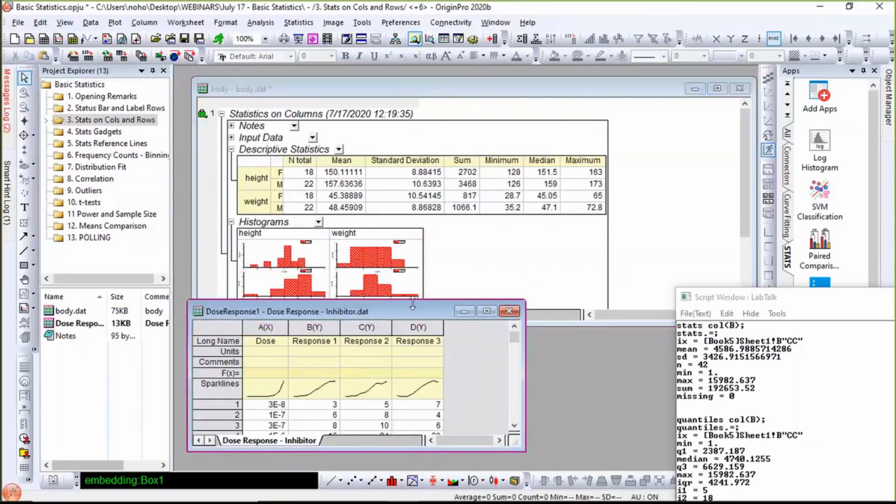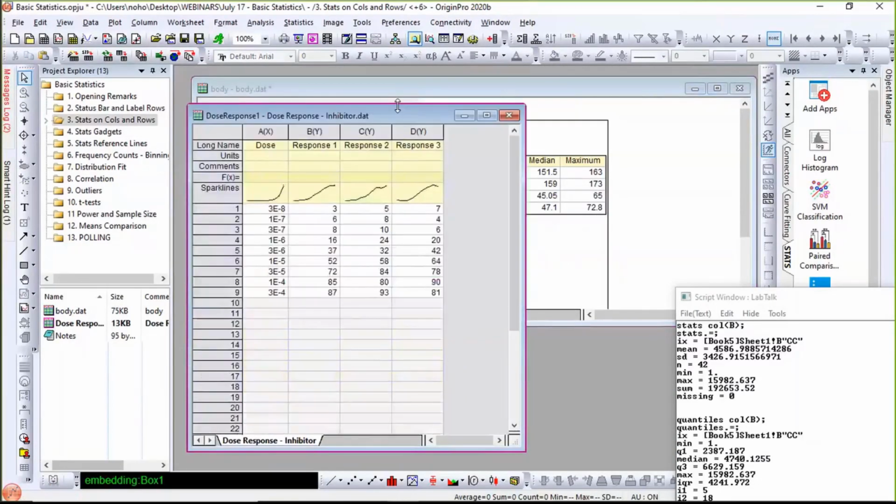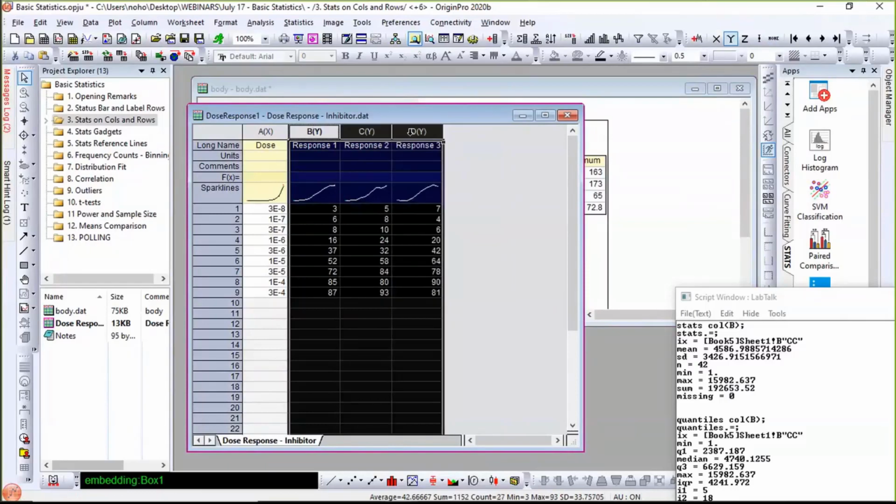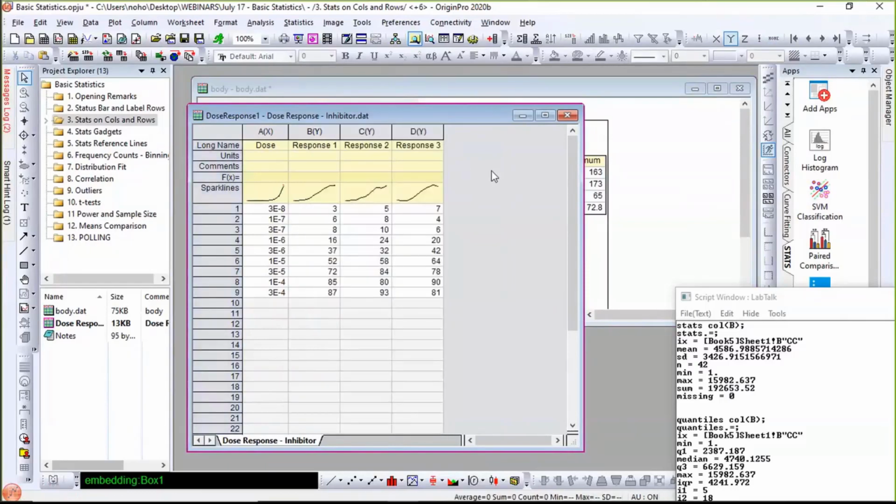Okay, let's switch to another example. Over here, I have replicate measurements from a dose response study. So I have dose here in column A, and I have 3 different measurements, response 1, 2, and 3. Of course, Origin can fit the raw data without doing any summary, but sometimes you may want to do a mean and standard deviation and fit with it. It's your choice. So what I want to do in this case is take this